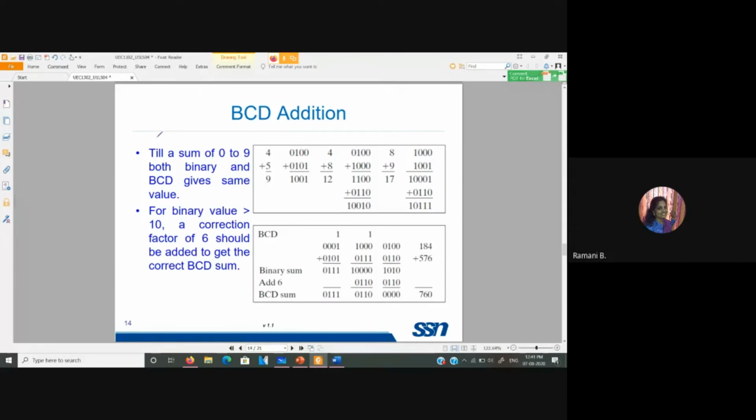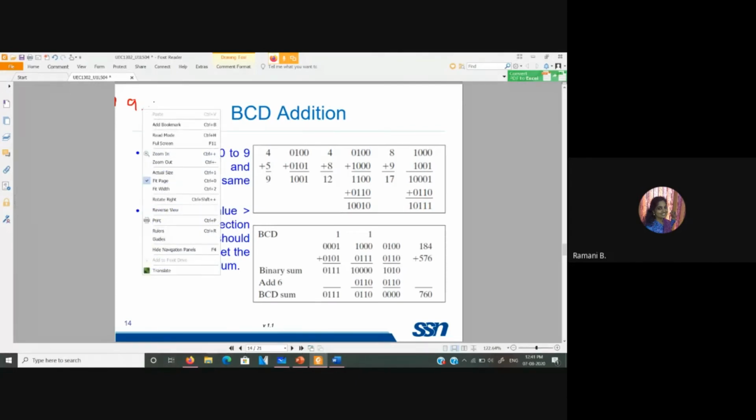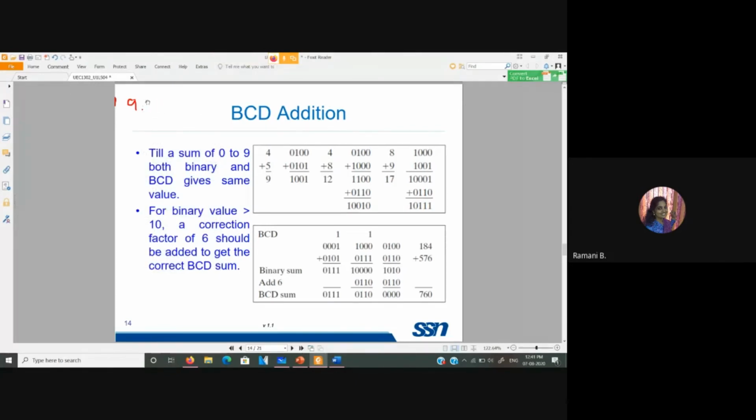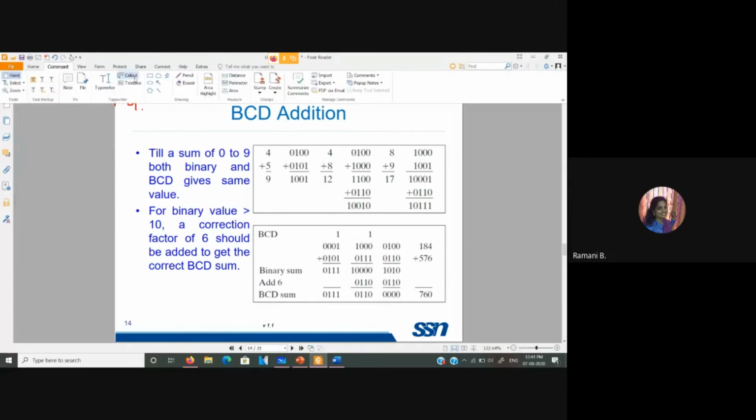In the case of BCD addition, as long as the sum value is from 0 to 9, the binary and BCD values are the same. The maximum value a digit can take is 9.